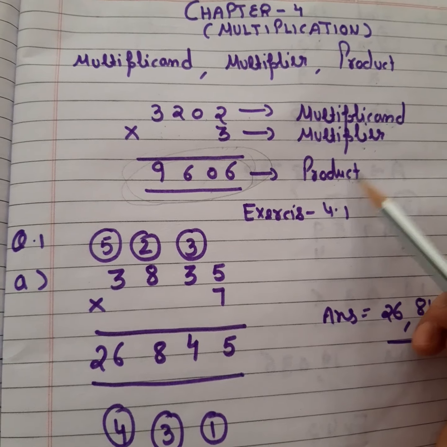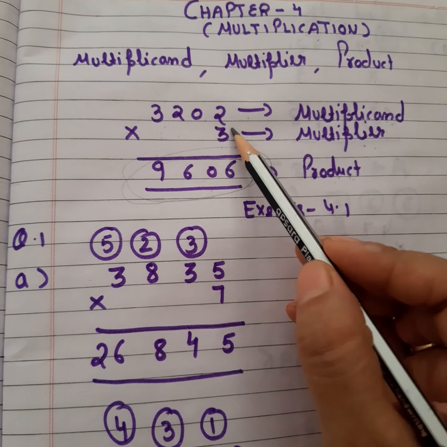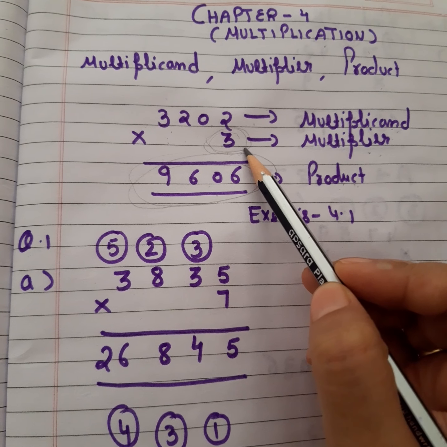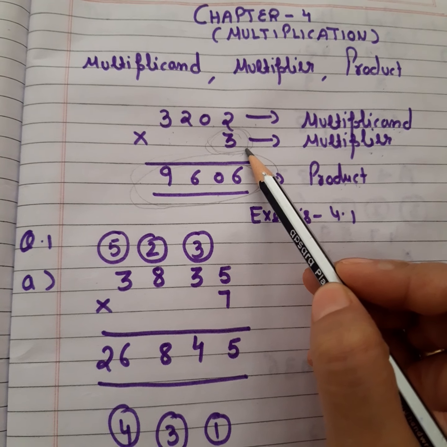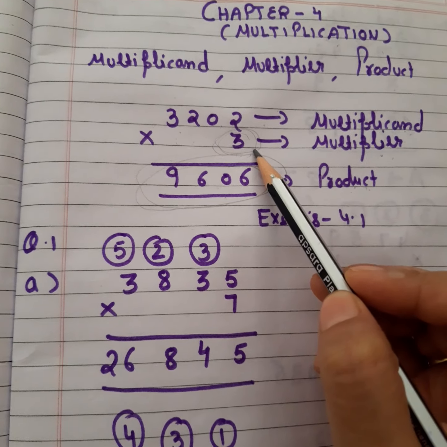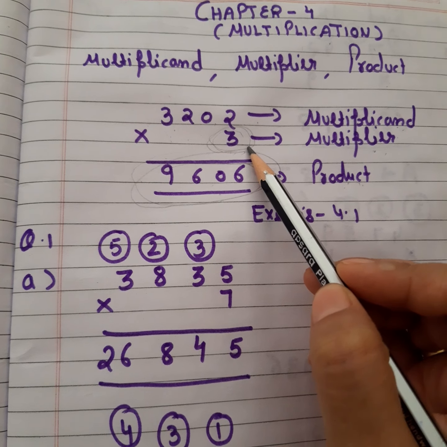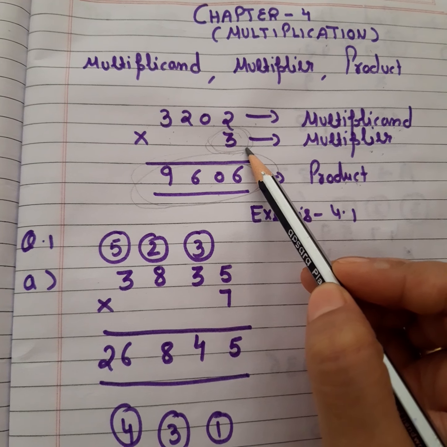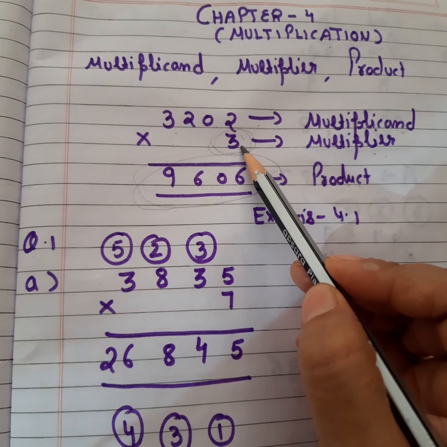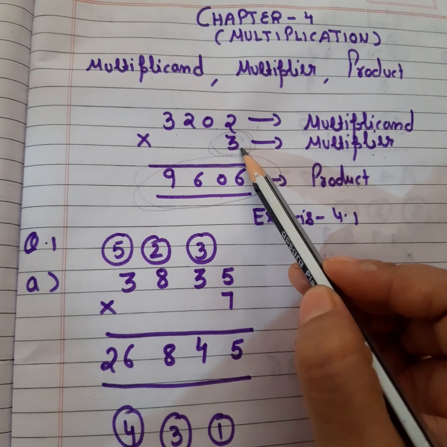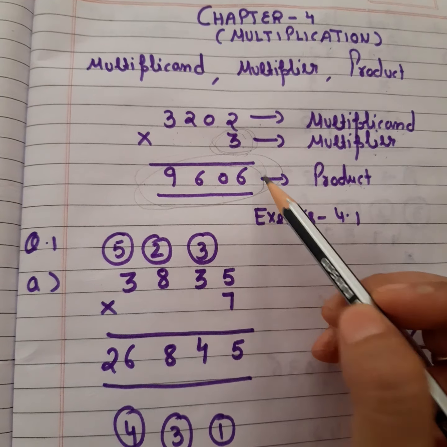Here in this case we should know the table of 3. That's why I am saying you have to revise all the tables till 15. We did all the tables till 15 in our third class, and so you have to revise all the tables again for your fourth class for the chapter multiplication also. If the table of 3 is not known to you, you have to learn it, only then you will be able to solve the question.